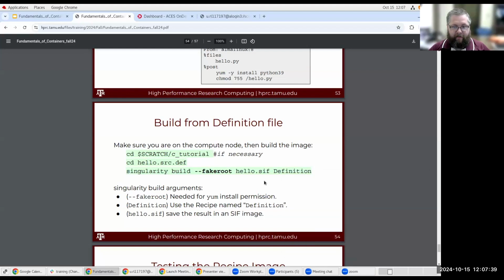because with Singularity, you need to be able to tell Yum, yes, it's okay to install even though my username is not root. Remember we learned earlier that Singularity does not change your username inside the container. So inside the container, your username will still be the same, right? So then Yum says, wait, you're not root, you don't have permission. So we need a fake root option to convince Yum that it's okay to try to install, even though